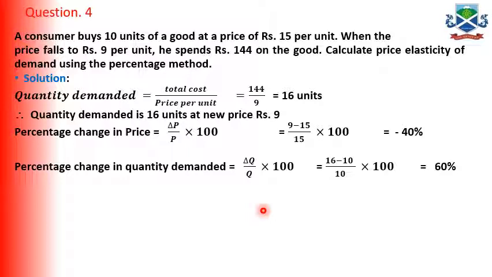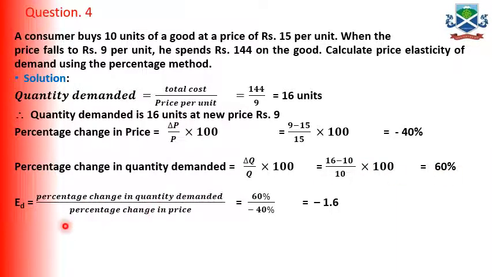The new quantity, 16, we already got, and the original is given as 10 units. So the change is 16 minus 10 by 10, original; delta Q means Q1 minus Q. So Q1 minus Q by Q multiplied by 100,